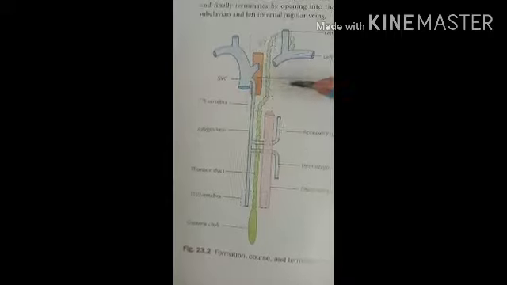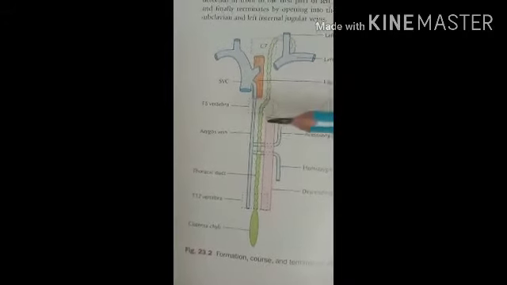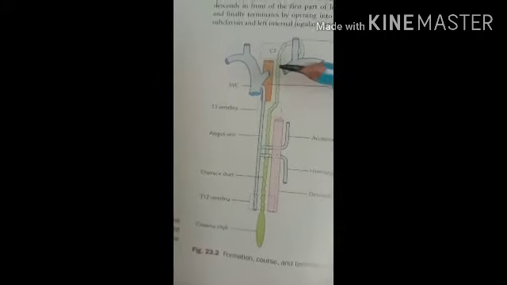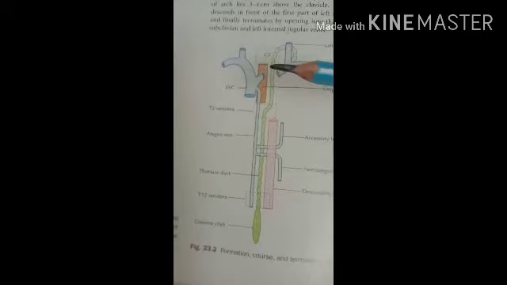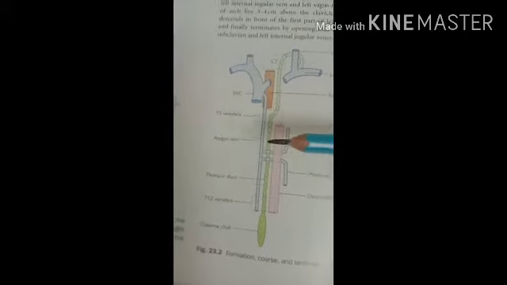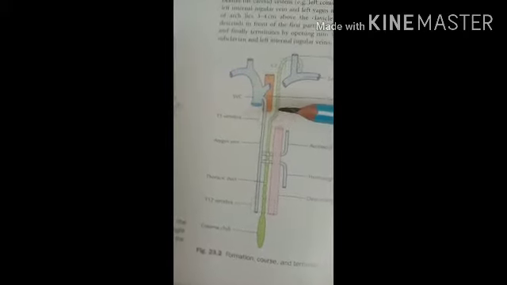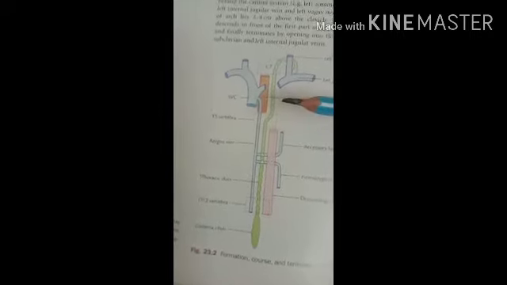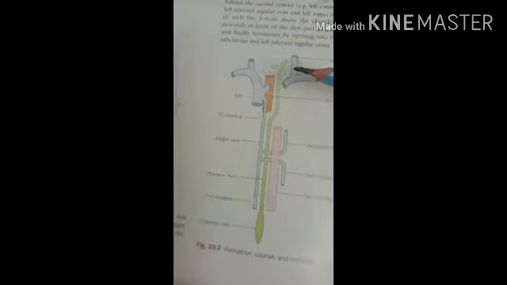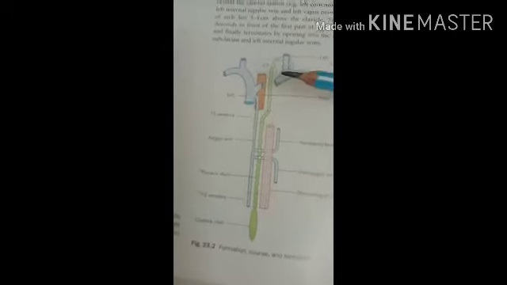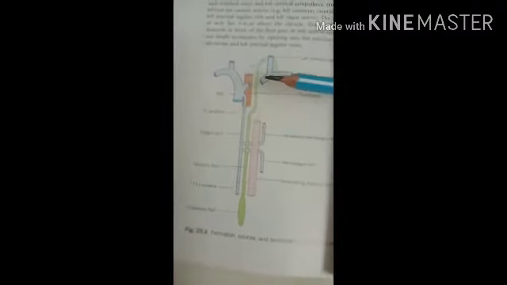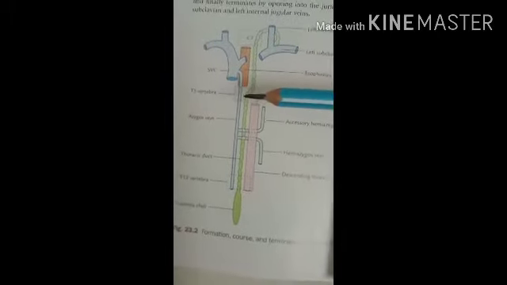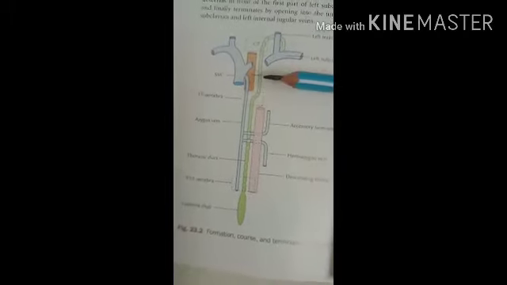Then it ascends through the posterior mediastinum, crossing from the right side to the left. It first turns to the right side, then turns to the left side, and at the level of the 5th thoracic vertebra it runs through the superior mediastinum along the left edge of the esophagus. Here you can see the esophagus in brown color, so it goes along the left side of the esophagus.